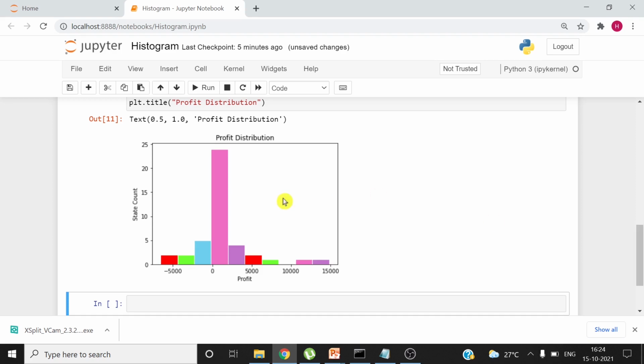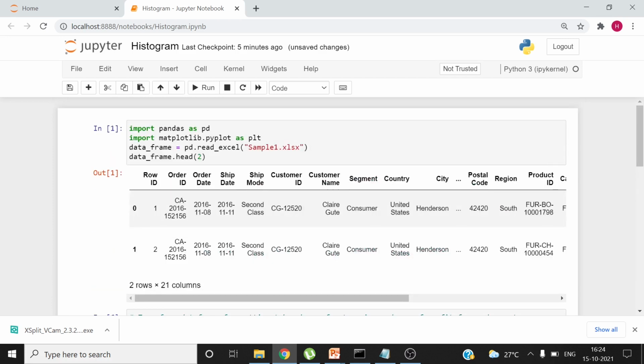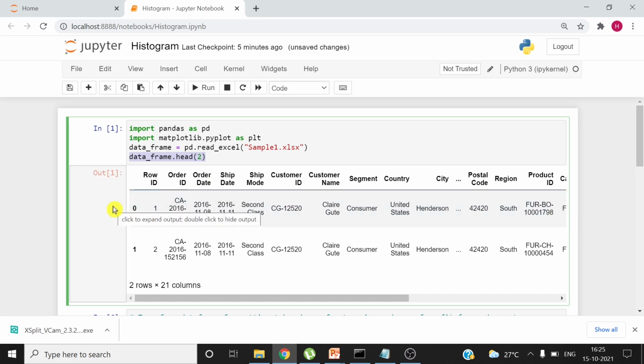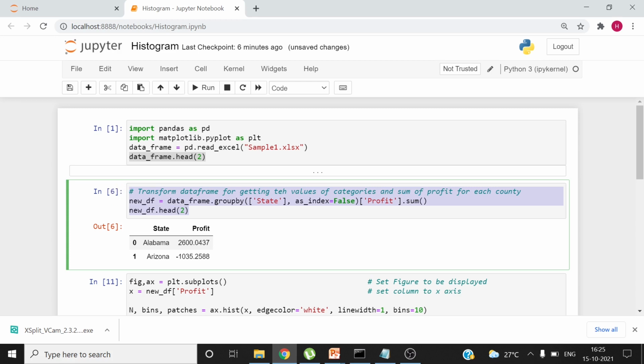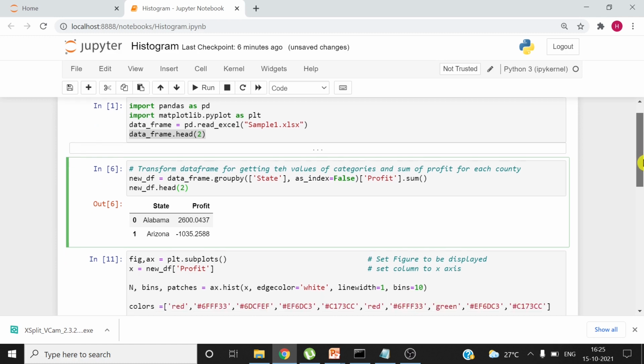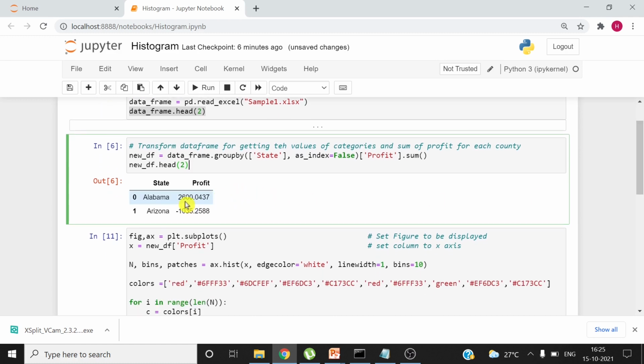Let me explain the entire code once again so that you can understand it. Here we are just loading the data, and by printing the head we are confirming that yes, data is loaded successfully. I will minimize this particular cell, double click on this, and then we generated one more data frame with the required information here, and then we displayed that new data frame.